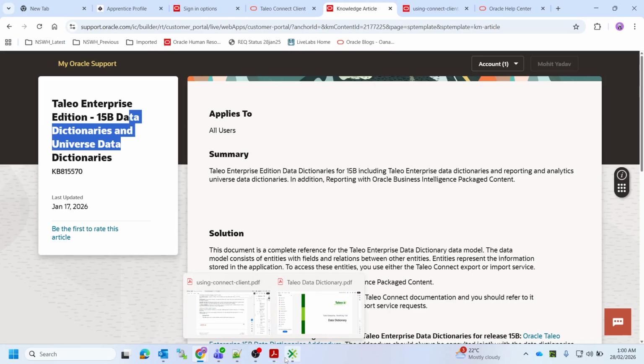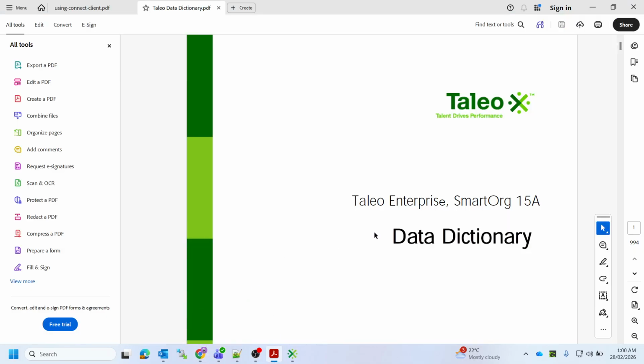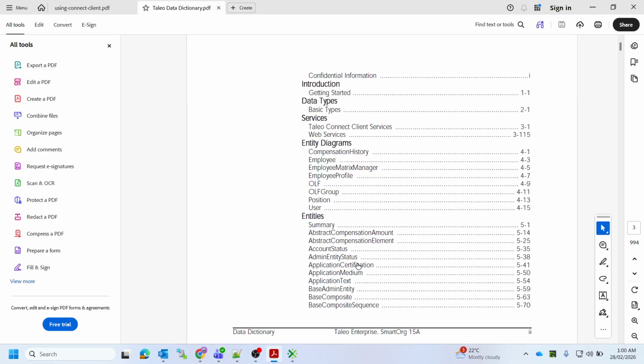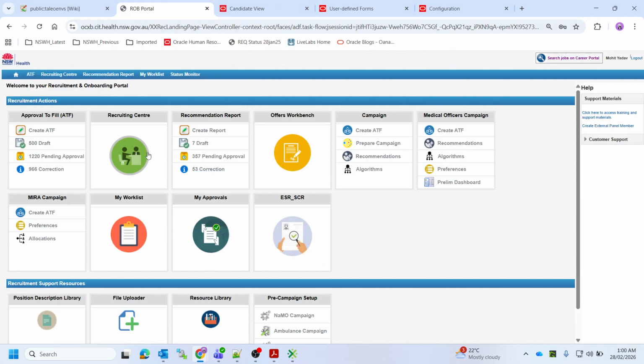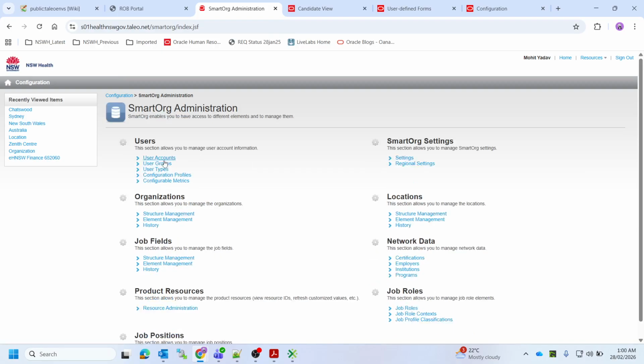The data dictionary is something similar to ETRM, if you are across it. It has all your entity structure, like this one I have downloaded beforehand. This is related to the SmartOrg product, so it has information on all the entities which are part of the SmartOrg product. If you have used Taleo beforehand, SmartOrg is where your user accounts are created. So if I look at my user account